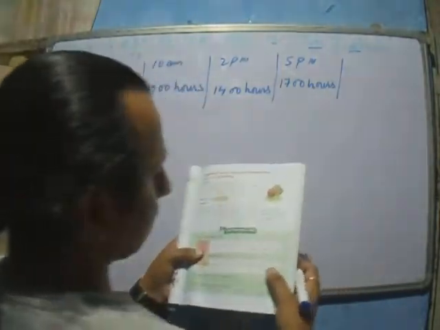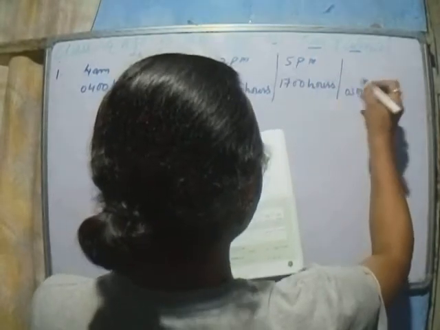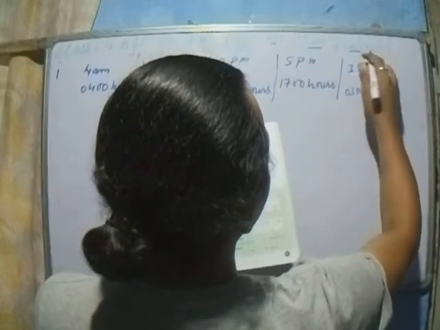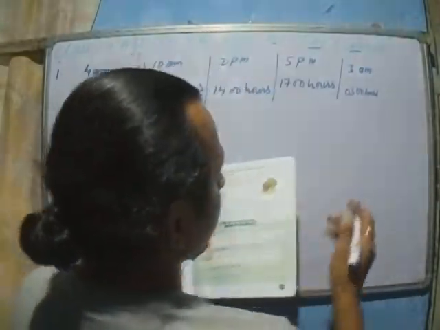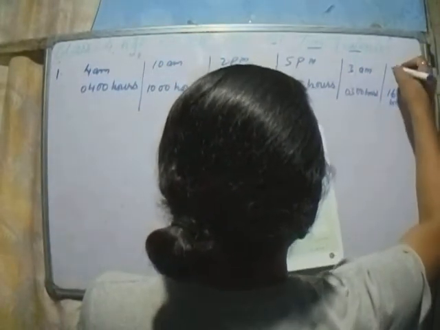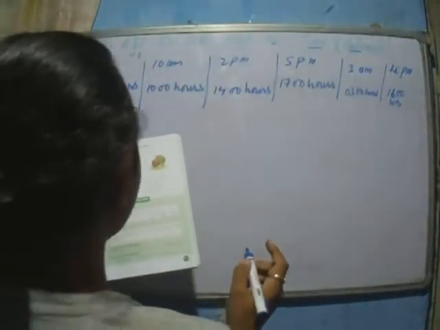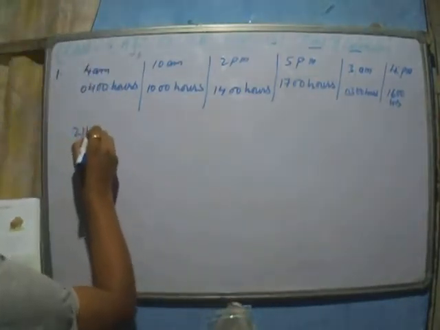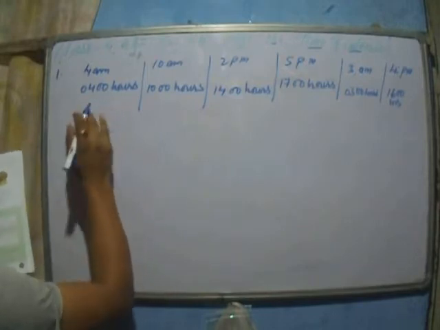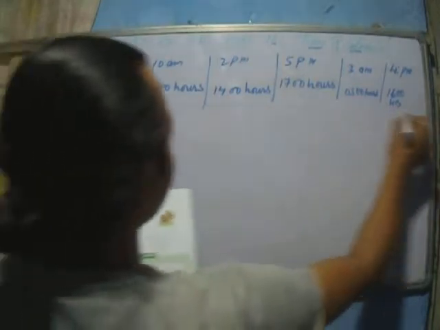Like that, we have 0300 hours, okay. So here it is 3 a.m. Now after that 1600 hours. 1600 hours means 4 p.m. Then after that one more is there, 2100 hours. So here 21 means 9 p.m. So this is the answer for your question number 1.